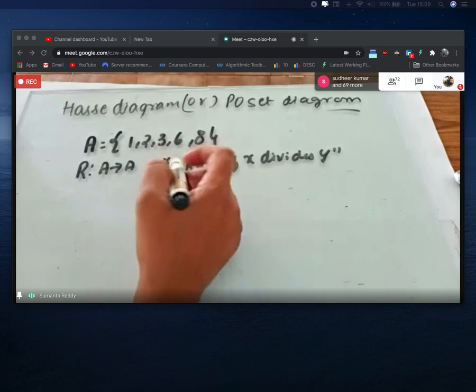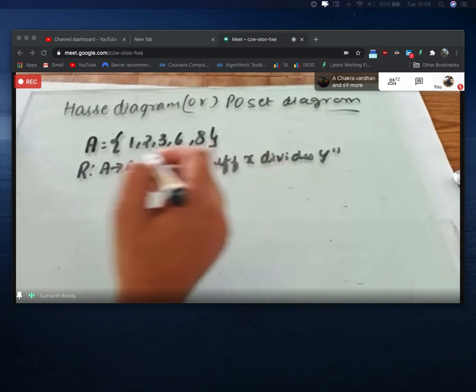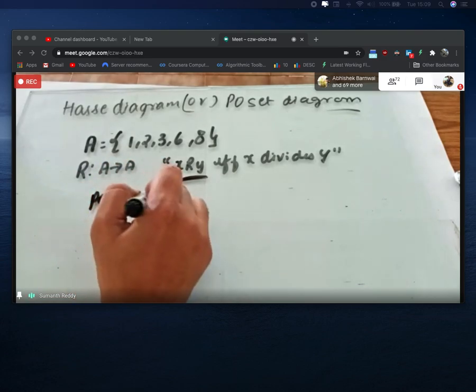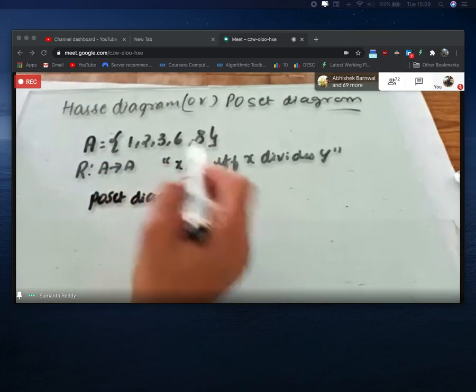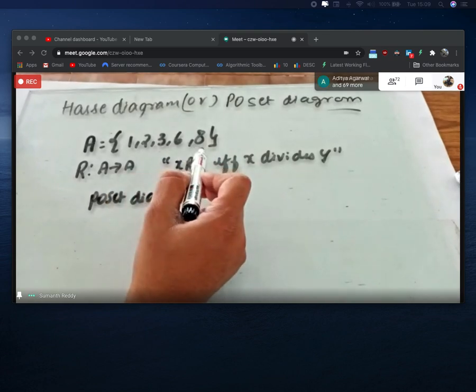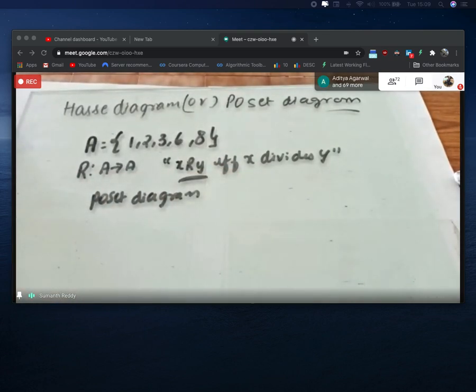So now he has defined the relation, that is divisibility, and now he is asking you to write the Poset diagram. This one is similar to the previous one. The only change is the elements that he has given in the set are different. Previously, I think I had taken the example of 1, 2, 3, 4, I guess. So now it is 1, 2, 3, 6, 8. Okay. So I will give you exactly 5 minutes. Please try to write the ordered pairs for this, and try to write the Hasse diagram, right? If you have any doubts, I will solve this problem again, and after that you can check with that. Fine. So I'll give you 5 minutes exactly.